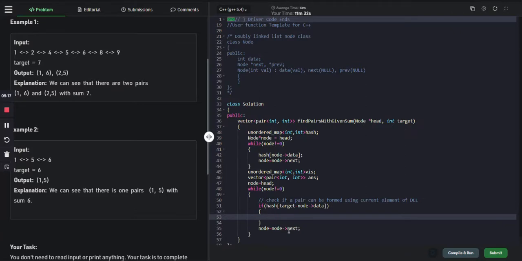One case could be that, since they are all distinct elements, if our target is even, then both the elements should be even or both should be odd. But if our target is odd, then one should be even and one should be odd. So